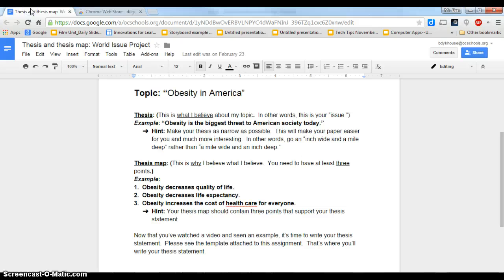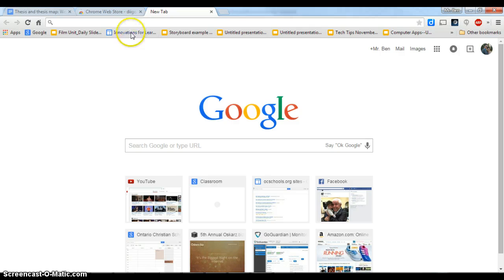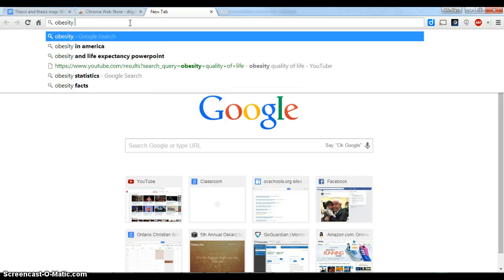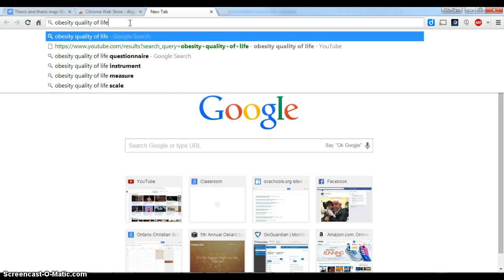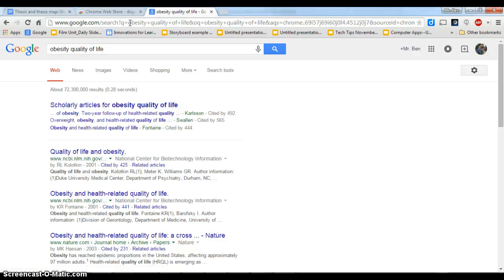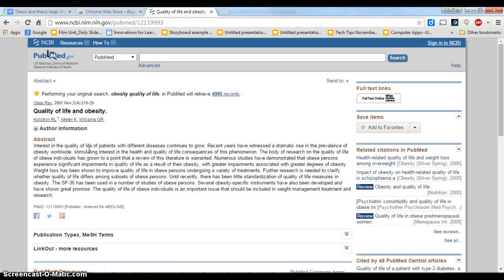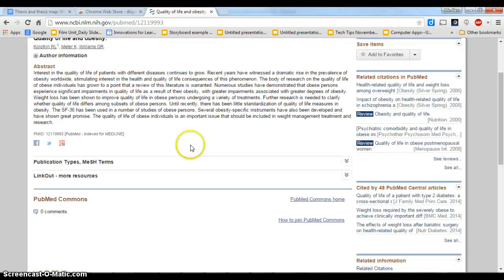So once you have that, now we're ready to start searching and saving. Now my first thesis point is obesity decreases the quality of life. So I'm going to find a website that might help me with that particular thesis point. So I'm just going to click in here and type in obesity quality of life. So this is a pretty direct relationship to my thesis point, and it's at least an abstract for an article, it looks like, for obesity and quality of life,